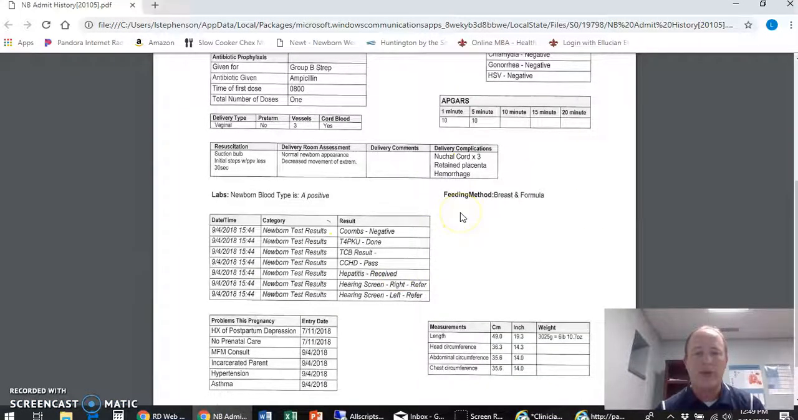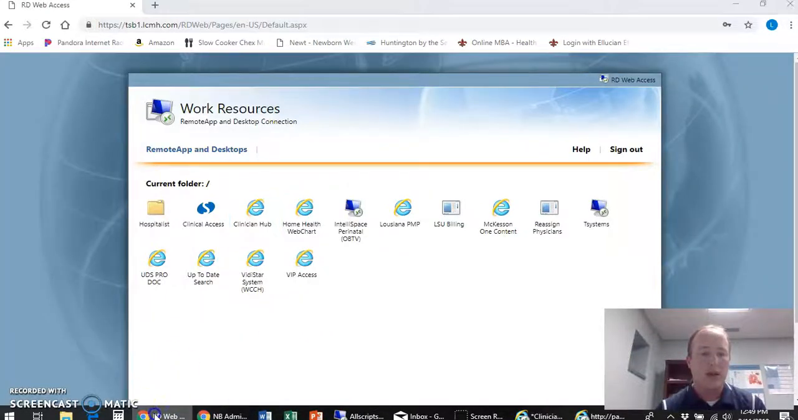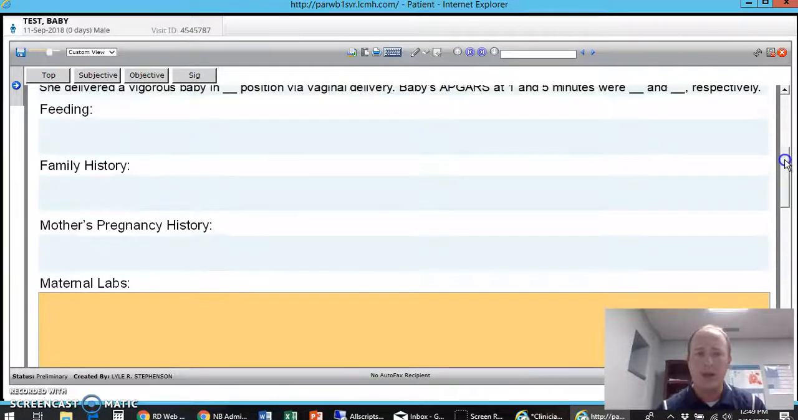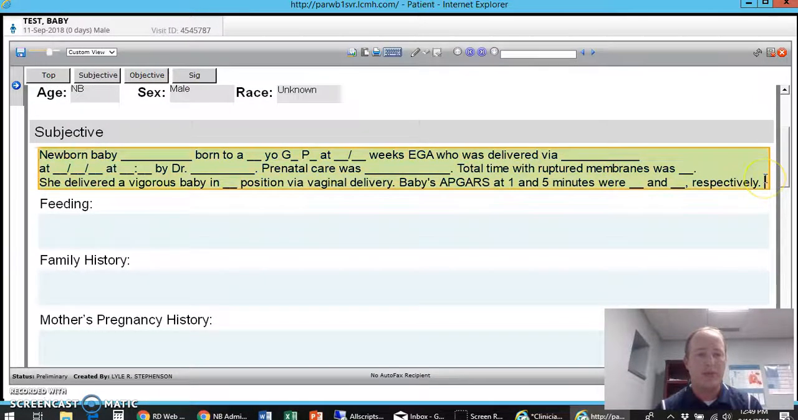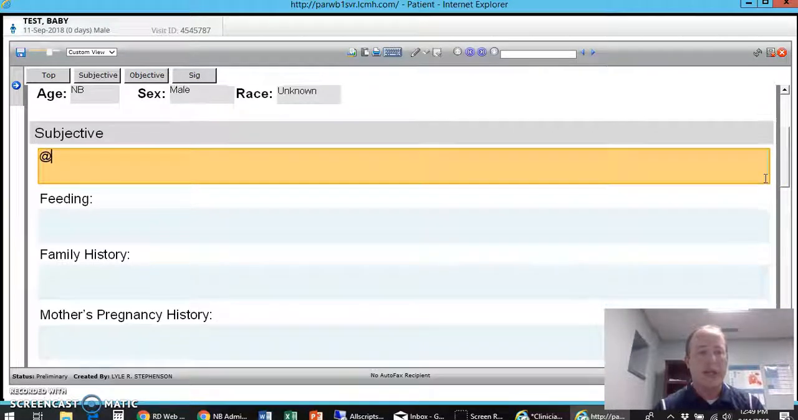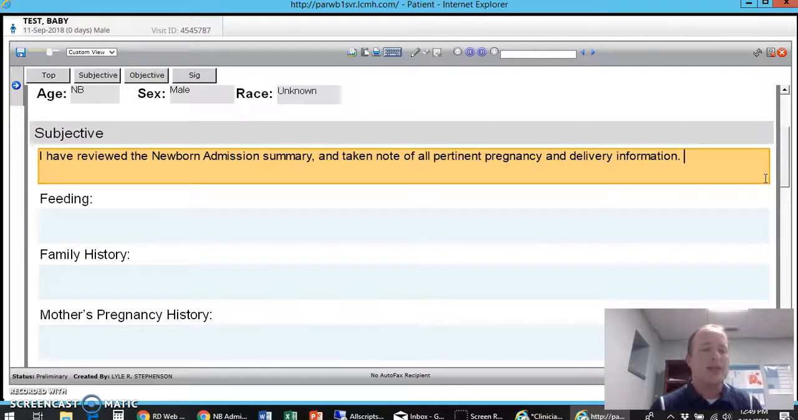This has all of the information that we need, and this is actually included in what Memorial sends us as far as documentation when the baby's discharged, and that, send H&P to doctor's office. Okay, so what I did was I created a NB attest. And so what it says is I have reviewed the newborn admission summary and taken note of all pertinent pregnancy and delivery information. That is going to be our subjective, and usually I will write in something like GBS negative,